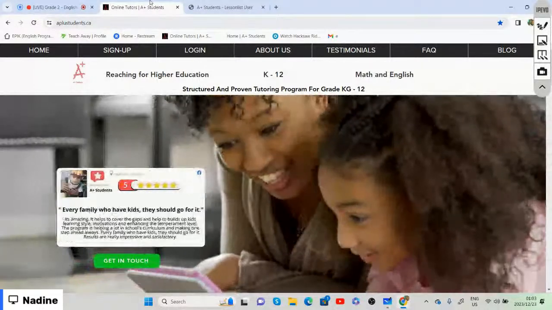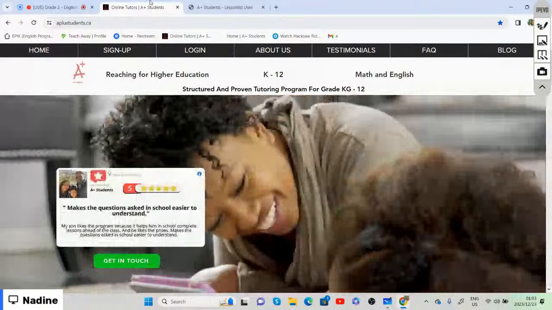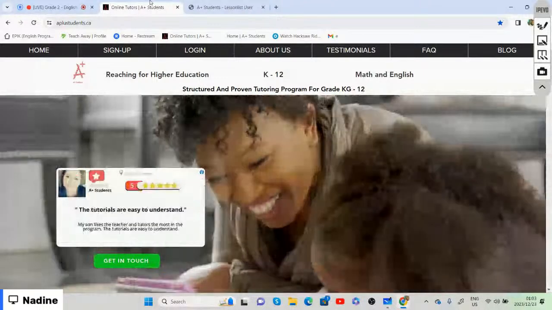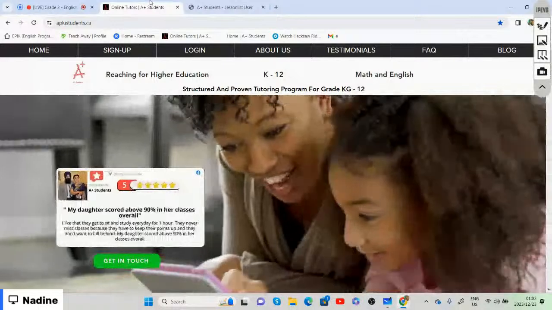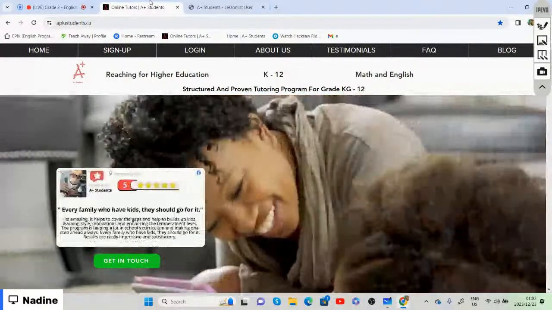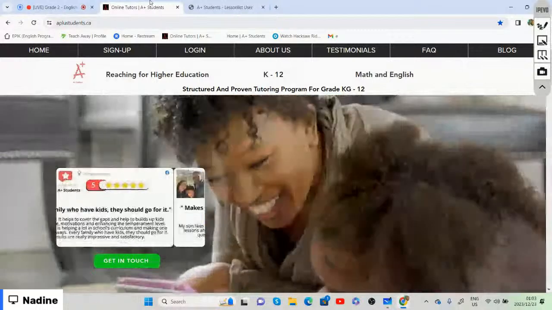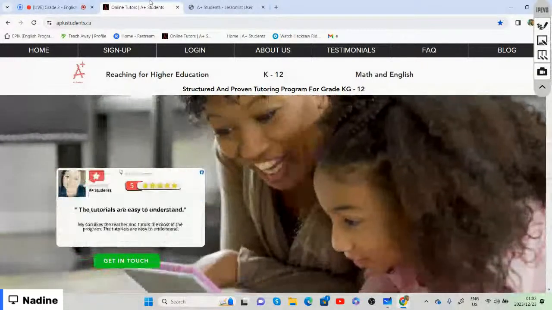Today, we'll be doing our grade 2 English lesson on prefixes and suffixes. And before we start with our lesson on prefixes and suffixes,